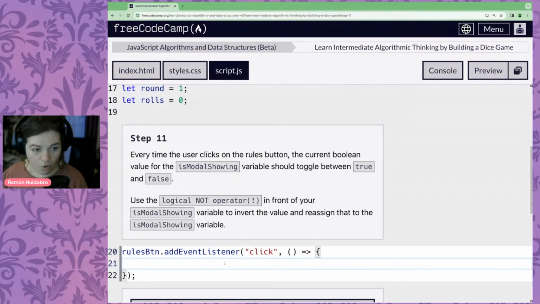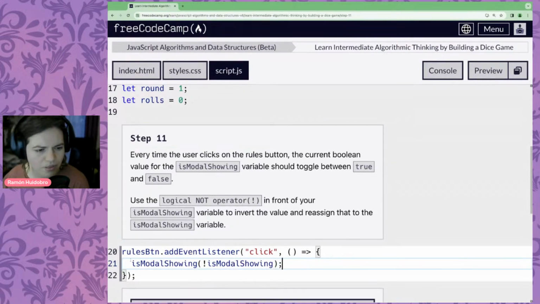So in order to toggle, we can use is modal showing, because remember at the beginning it's false. So what we can do is use the exclamation mark, or the bang operator, or the logical not operator, to set it to be whatever it is now, the opposite. I remember we did this in the last couple of days.